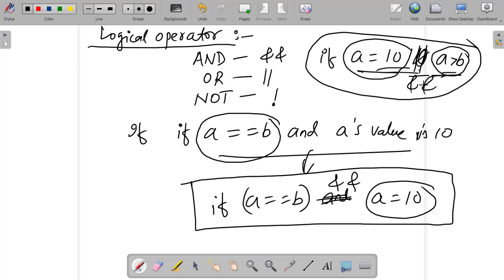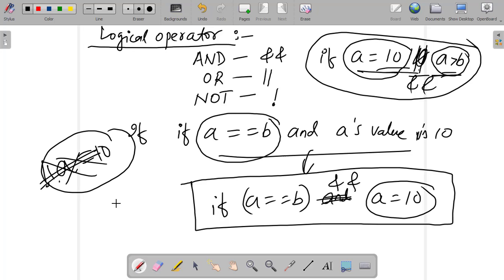Please remember, this is the AND. And NOT means not A equal to 10, that means A is not equal to 10. So we do not write it like that; this is the correct way of writing it: A is not equal to 10.